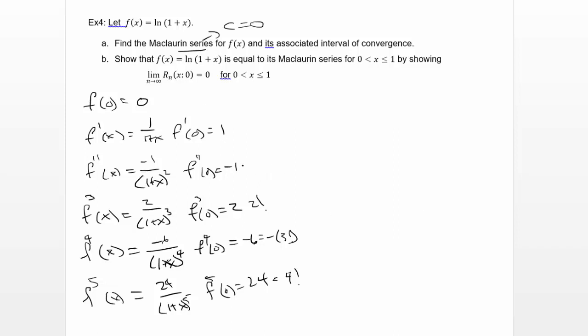This is 0 factorial, and this is just 0. So I think it looks like this Maclaurin series that approximates natural log of 1 plus x is 0,